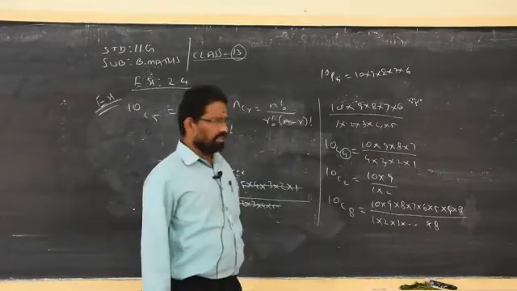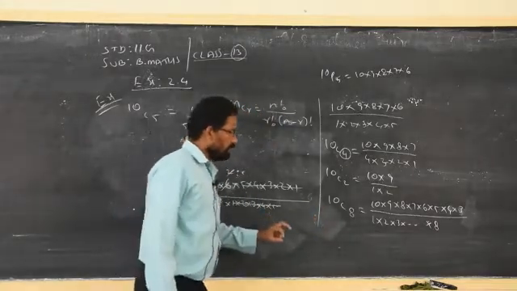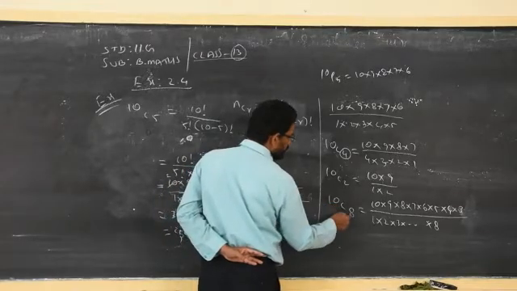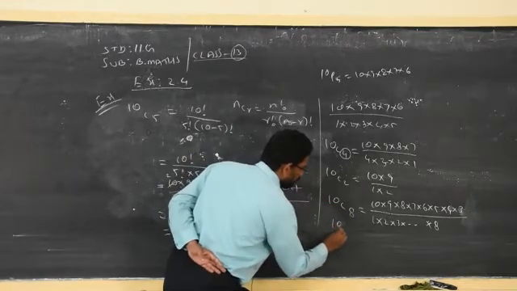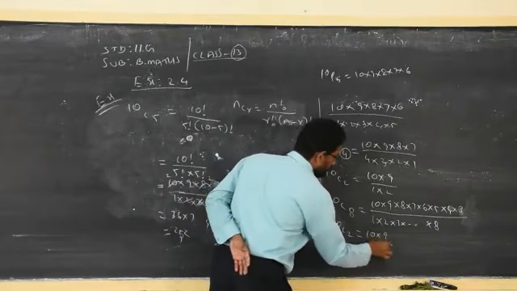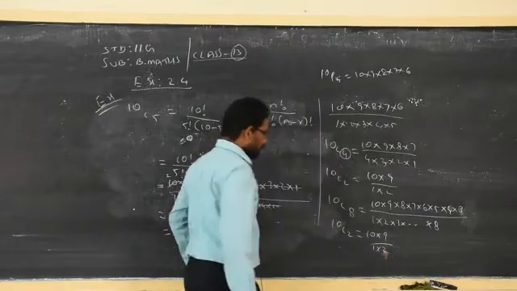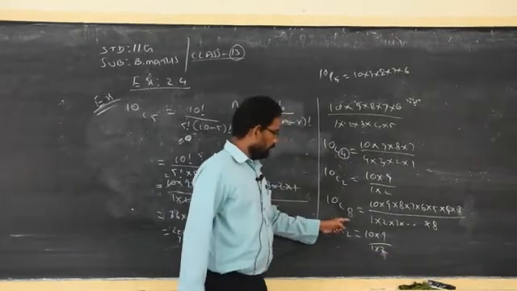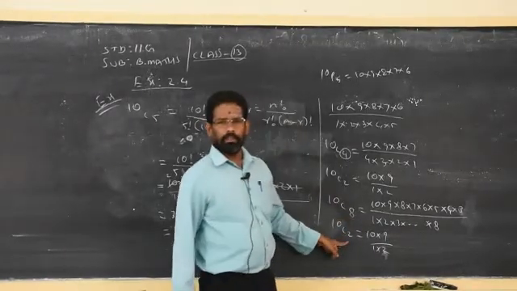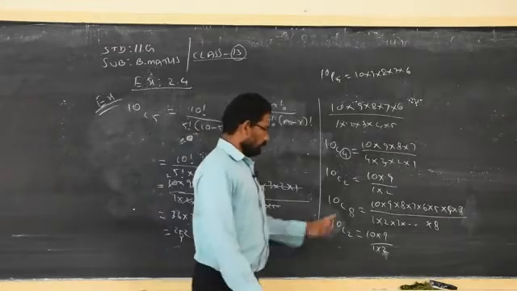So this calculation may be a little longer. But in combination we have another short form. You can subtract these two. 10 minus 8, how much? 2. We did that already, you have to write only 2. You see 10C8. In combination alone you can subtract these two and write. If you cancel this, you will get the same answer. 1 to 8 will be cancelled.